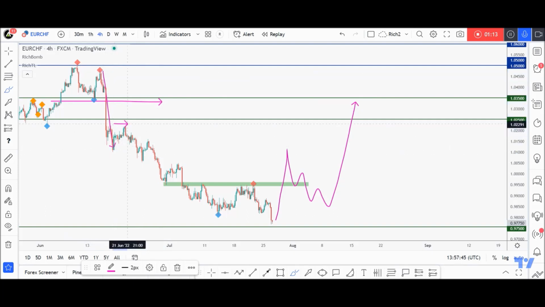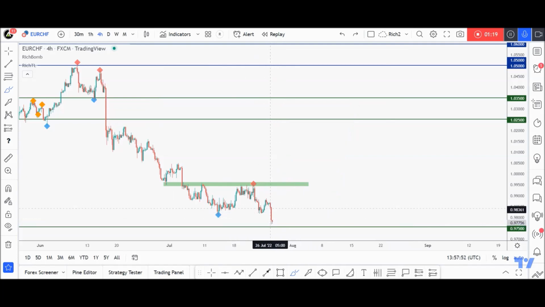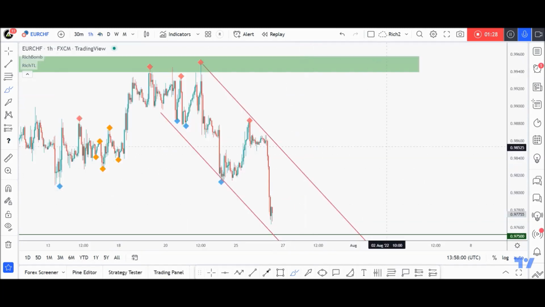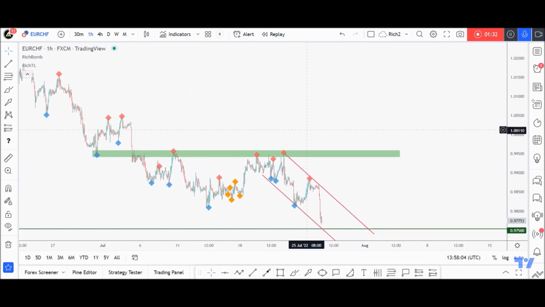Starting from here, we've got a big impulse movement and price started to make lower lows and lower highs, right? However, since as mentioned we are currently around an oversold area, I'm also looking for a short-term buy to catch this movement from here to here. Of course, we wait for extra confirmation before we buy. Previously, we rejected this green zone, which is the last major high from H4, traded lower, approaching the zone. So as per my trading plan, I'll be waiting for a new swing high to form around the upper red